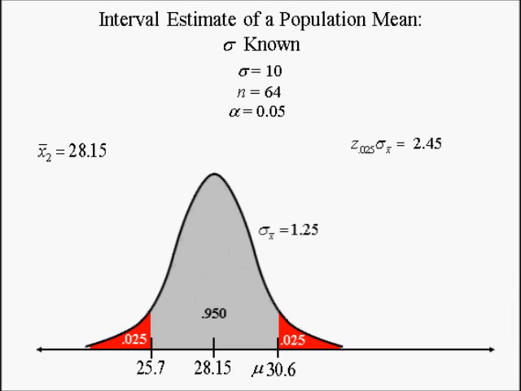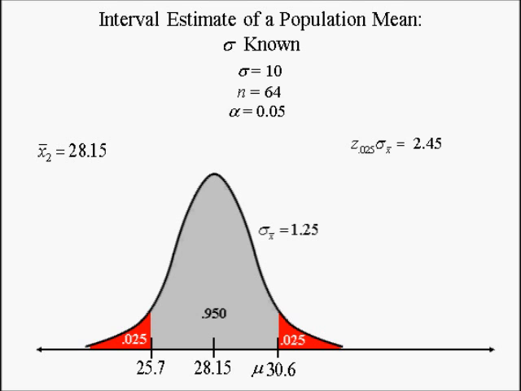The distribution of the sample mean is normal. Its standard deviation is still equal to 1.25, and the confidence level is 0.95. It is now centered at the sample mean of 28.15 because the population mean is unknown. The bell-shaped curve slides to the left until it's centered at the second sample mean